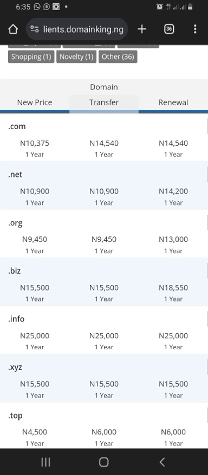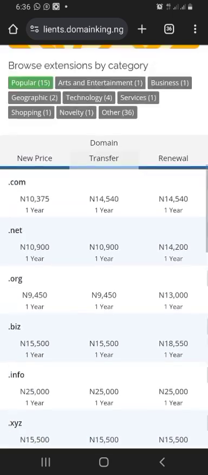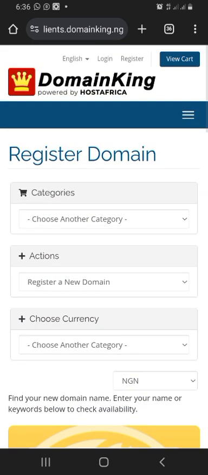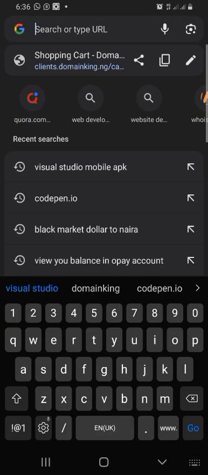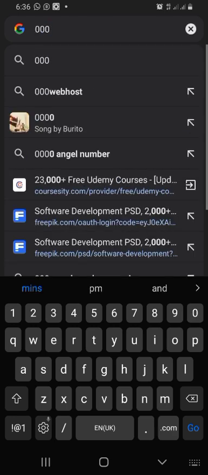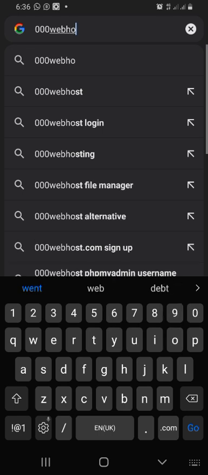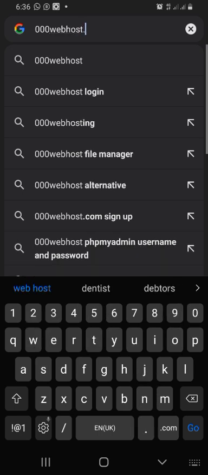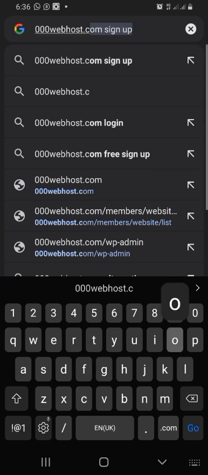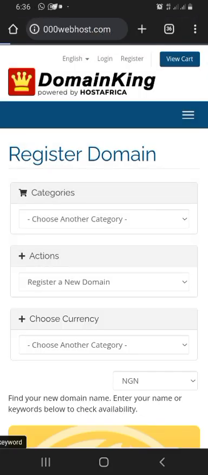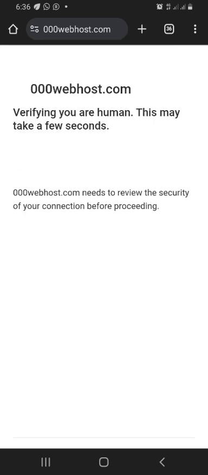So these ones that you can see, the prices are listed here. .com has its price, .ng, .xyz, everything has their price. Now this is the business in this thing. You can actually make money buying domains and hosting for people, even without building a website. You can buy domains and keep them, and any person that needs that domain, any time, any year, will pay you a huge amount of money for you to give it to that person. It's called domain reselling.